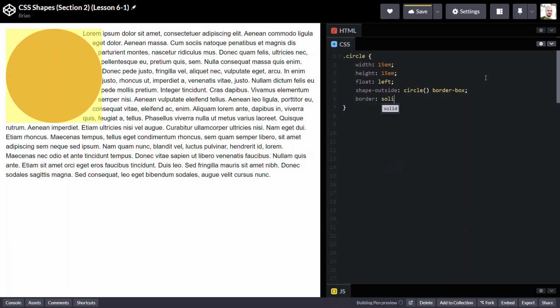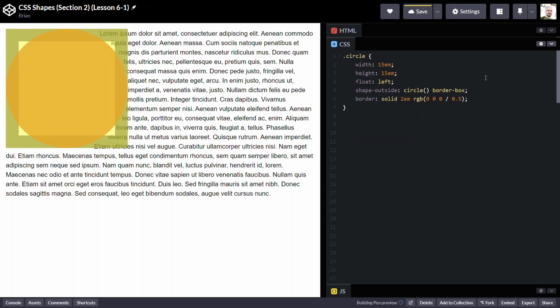And if we add a border to it like so, we can see that the reference box has increased in dimension and the shape now extends to the outer edges of the border. And the origin now moves to the outer intersection of the top and left borders. So the circle is now 19m by 19m, which comes from the 15m width and height plus the 2m border